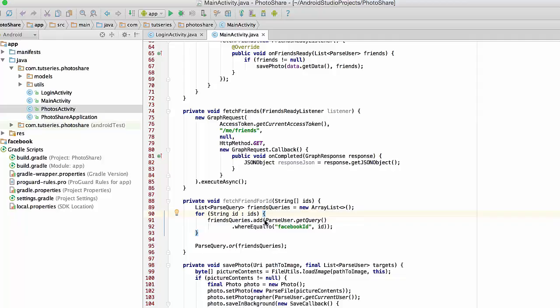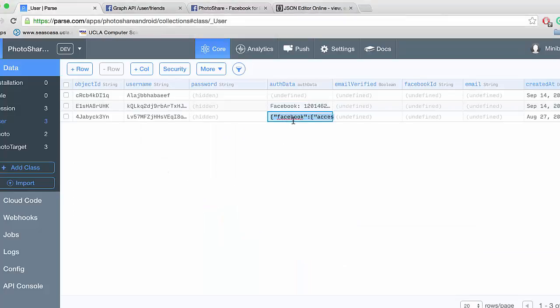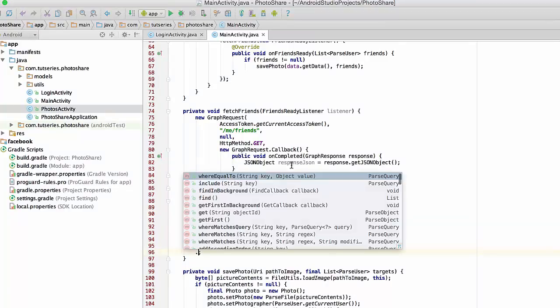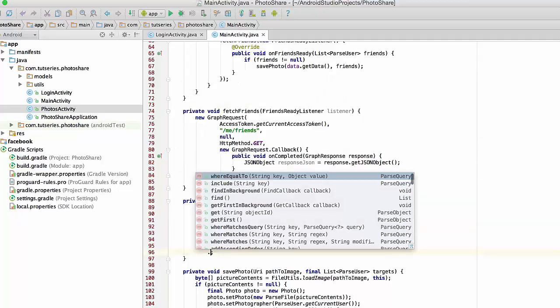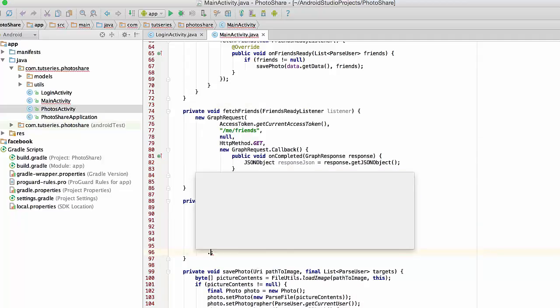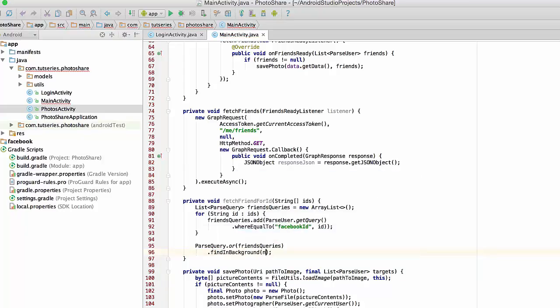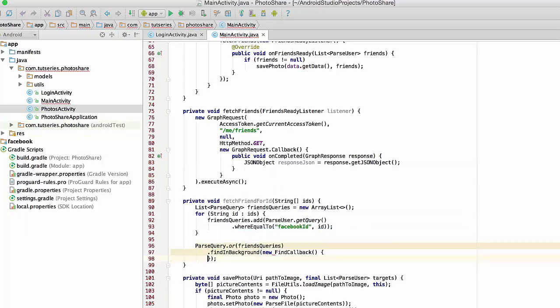Now what it does is it ORs them together. So it fetches this one and it fetches this one, right? So we're going to OR them, which tells Parse to fetch all of the Parse users associated with any of those IDs, and then we want to find all of these guys in background. So we're going to find these guys in background, new FindCallback,